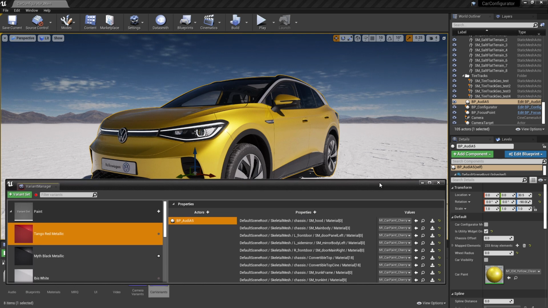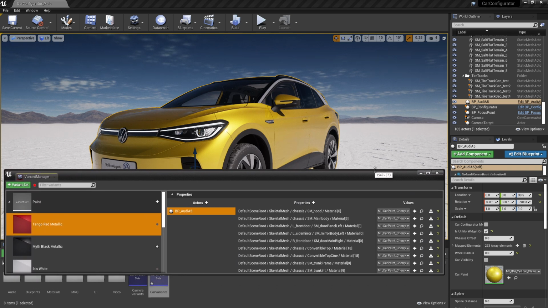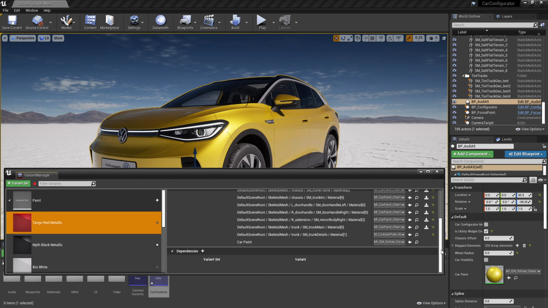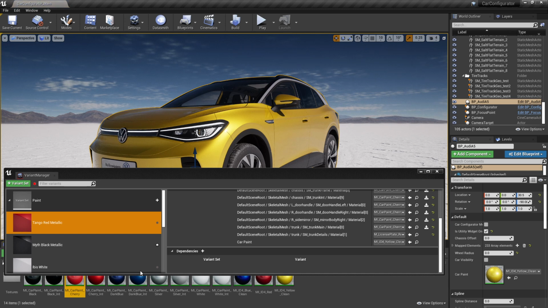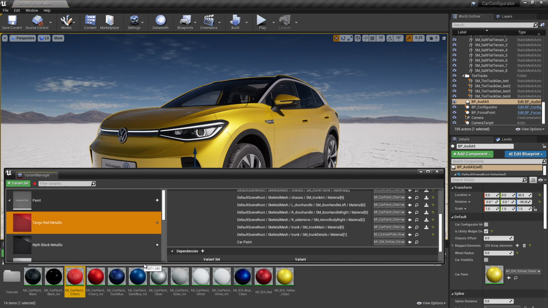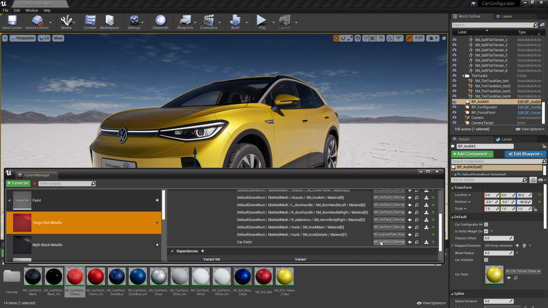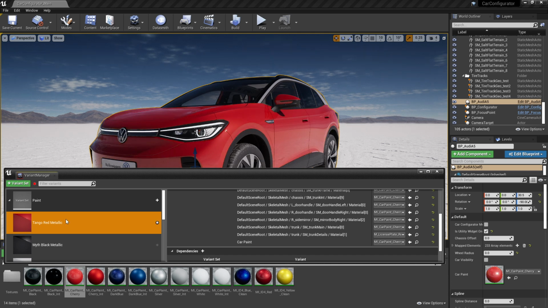And if we move this up here a little bit and scroll that up, if we go down to the bottom of the list here, you can see we're now looking at the car paint. All we need to do is browse to where that cherry paint is by clicking the browse button. You can see it takes us right to that directory. What we're going to do is map this cherry paint into the car paint attribute by clicking the arrow. As soon as we do that, you can see the names change. To register that change in the variant manager, all you have to do is double click on the swatch. So now the car has been changed to the red car paint.